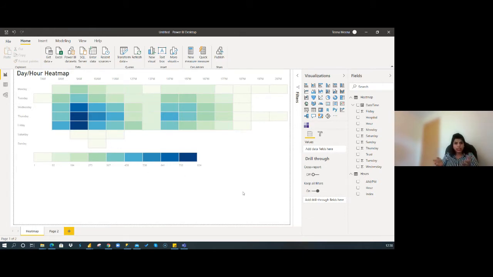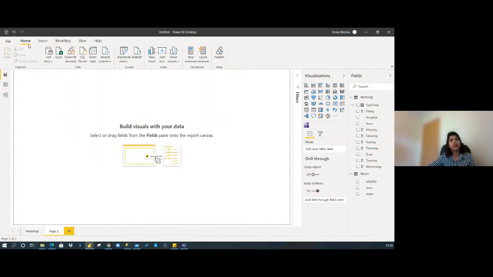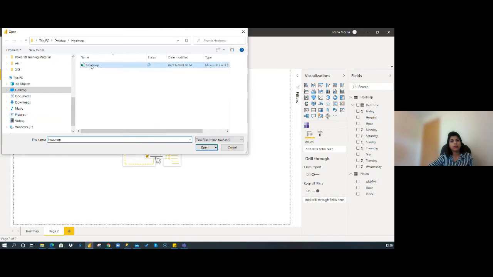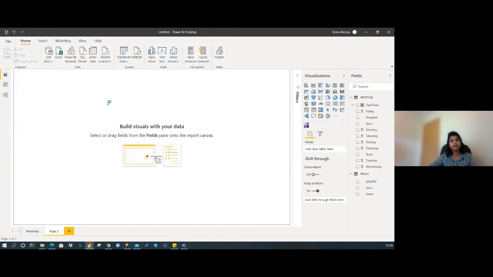Okay, so this is the day hour heat map I have prepared, and I'm going to show how you can build it from scratch. I have prepared a very quick dummy data for this, so I'm going to load a CSV file.